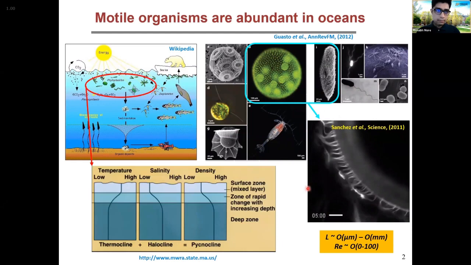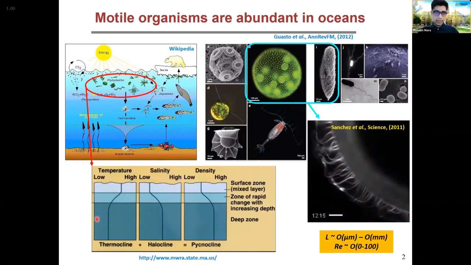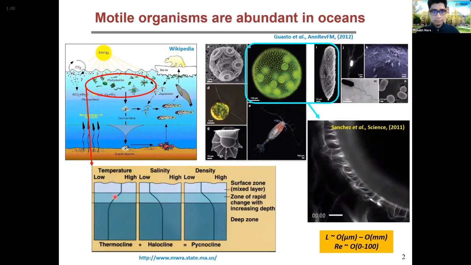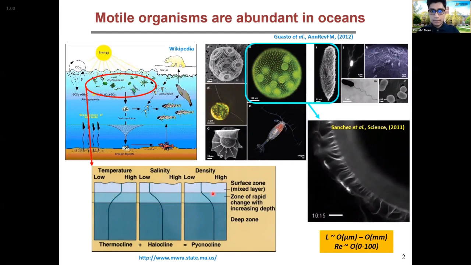Another important characteristic of this upper layer is the presence of a vertical density gradient. It can be due to a vertical temperature gradient, or a salinity gradient, or a mix of both. So it becomes important to see how this stratification and also the inertia affect the motion of these organisms